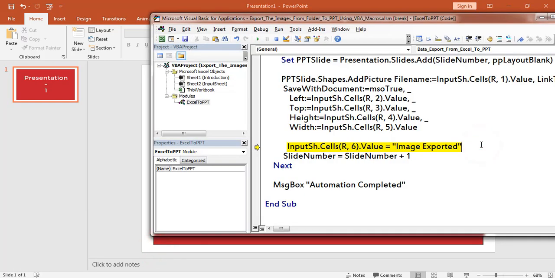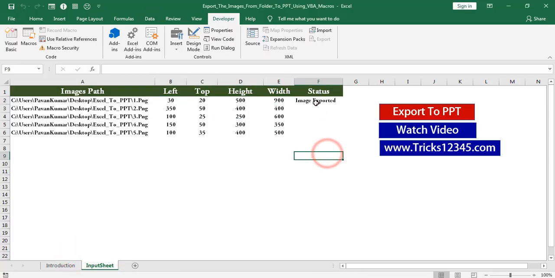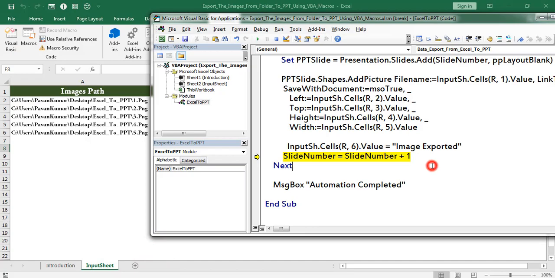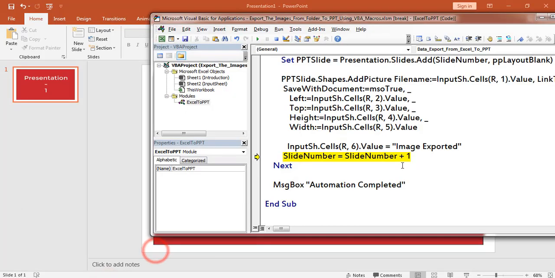After completion of the insertion, the application returns the confirmation as image exported. Next I am increasing the slide number by 1. Slide number is equal to slide number plus 1.